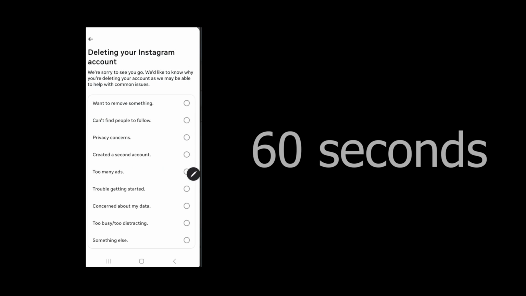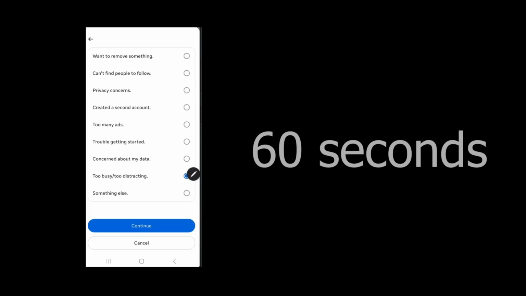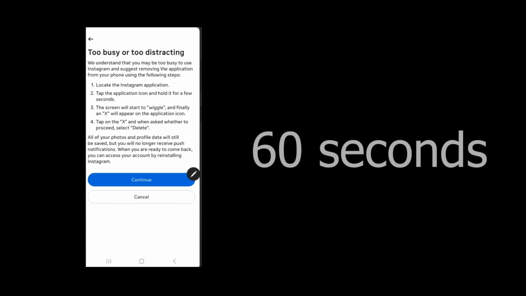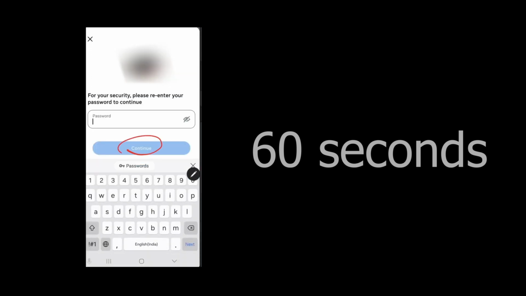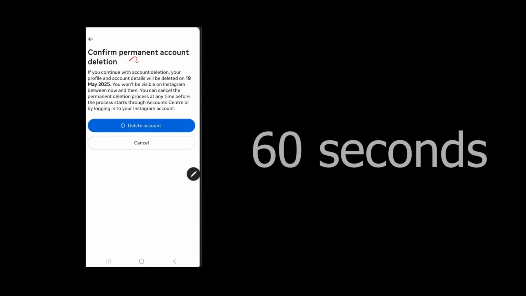When you continue, it's going to ask you for reasons. You select any of the reasons and you continue. And here it will ask you, for example, it's asking me about the same thing. We continue with it. I'm going to give my password. And then after that, for 1 month, if I do not log into my account, it's going to permanently delete my account forever. The timeline it will give you is, for example, 1 month after a date. And if you do not log in,